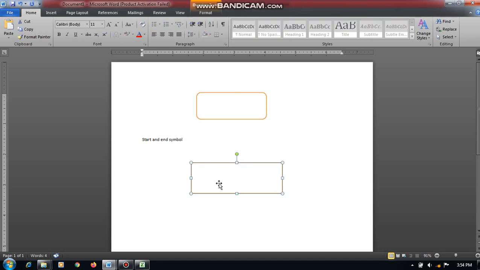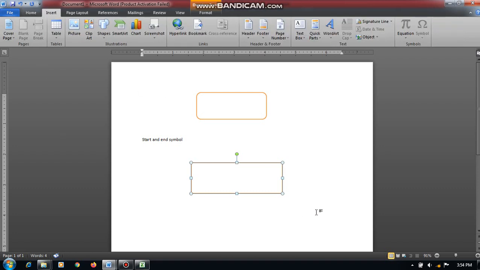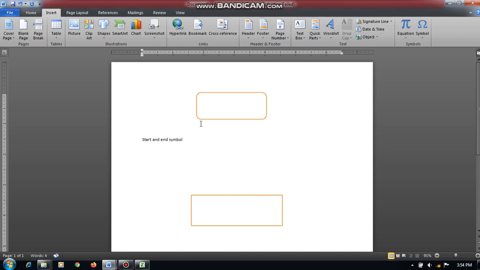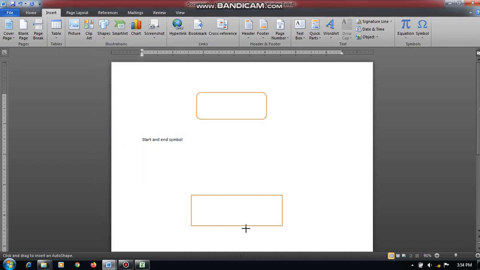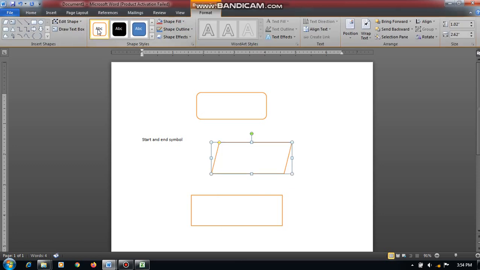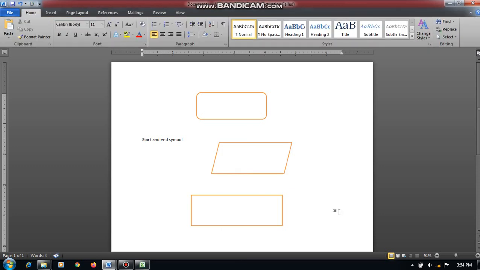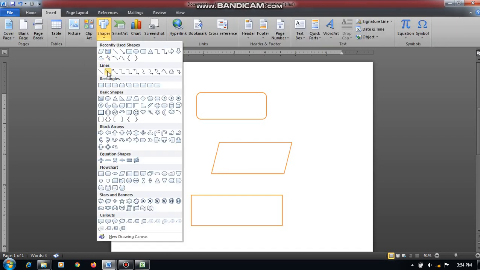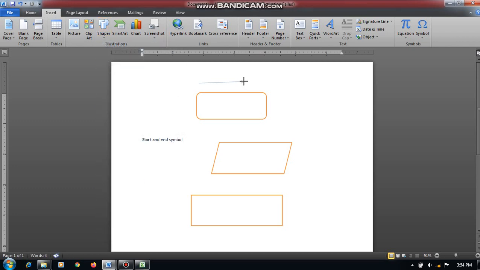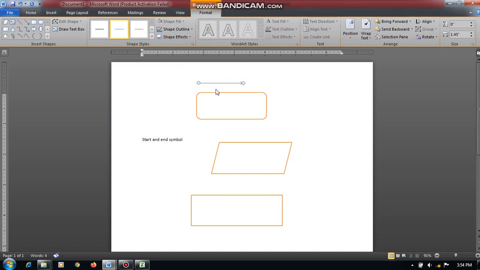This other one is used for input and output. Then these are the flow lines, which represent the direction, meaning the input and output flow.